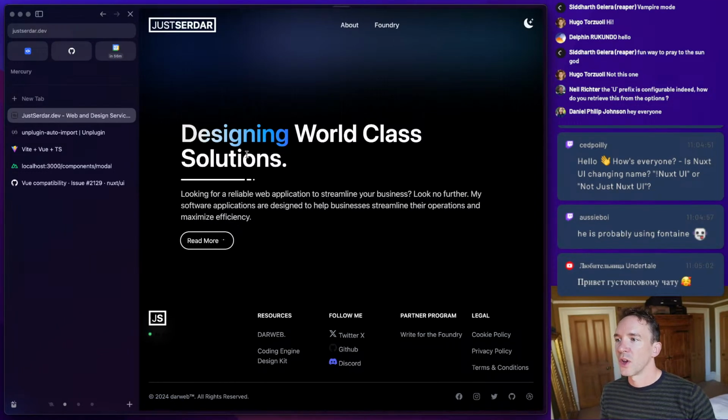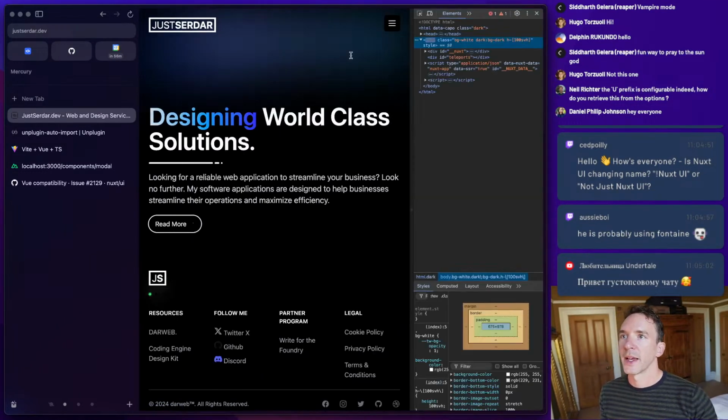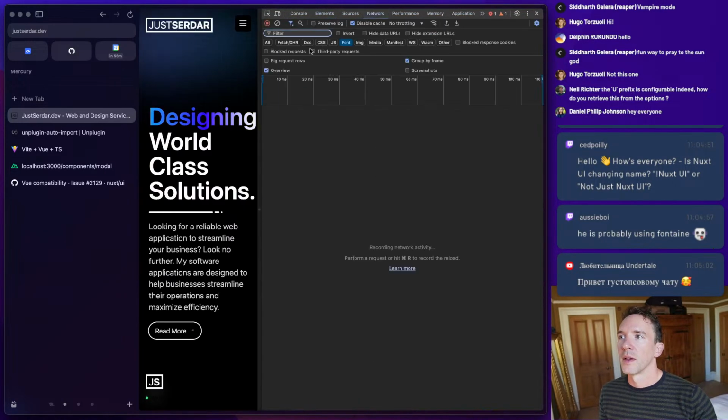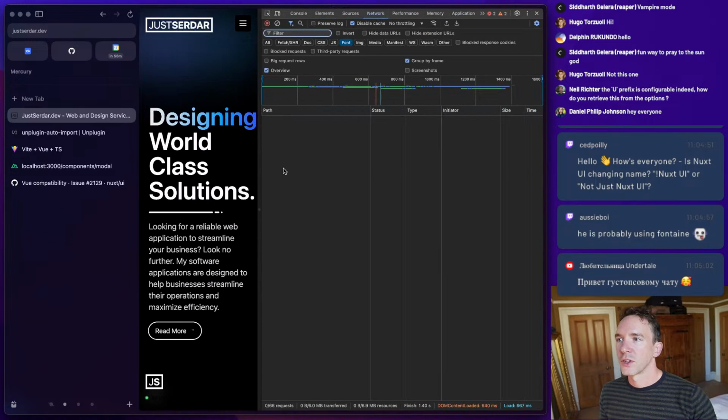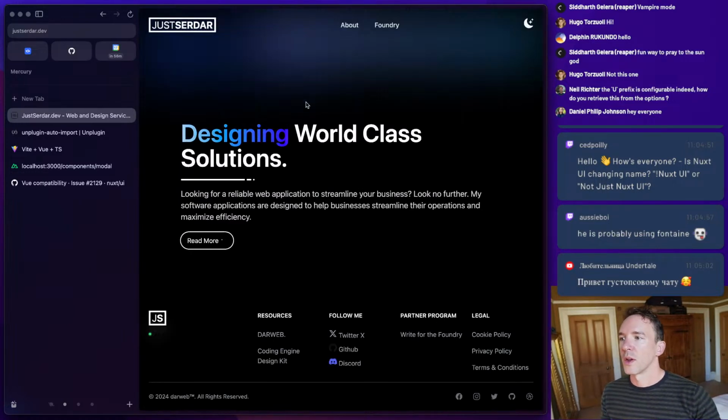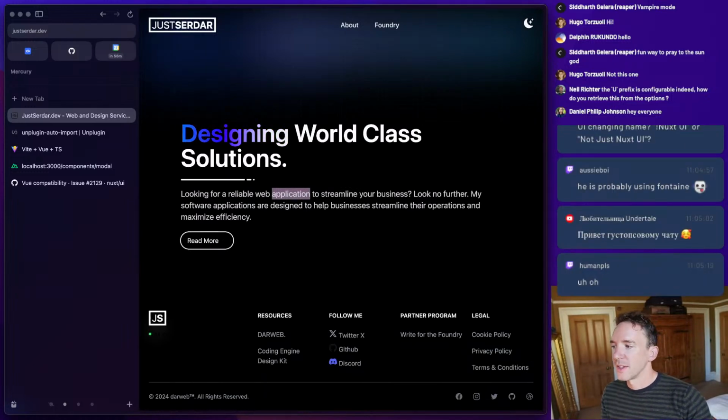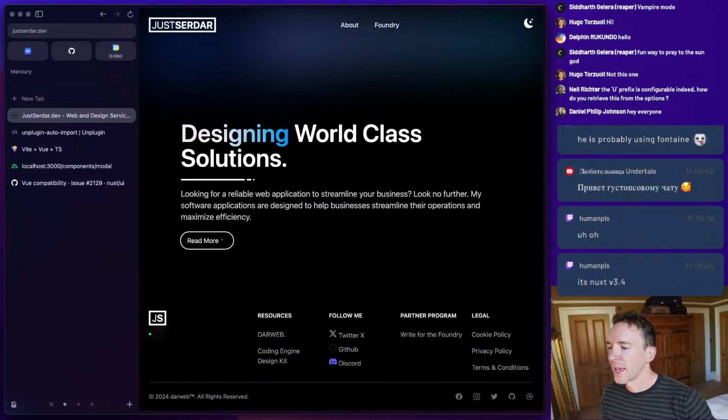I actually think this isn't a custom web font at all, is my guess, but I might be wrong. Yes, it's just native fonts, which often are the best in terms of performance. No, Nuxt UI name is not going to change. It is just going to be Nuxt UI still, but we're having this extra ability to